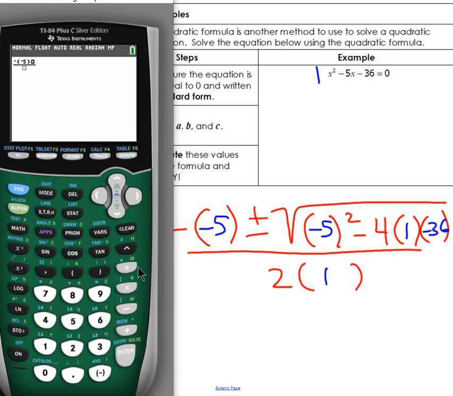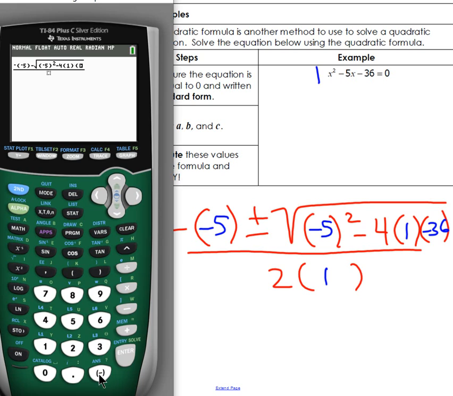And the answer is, you have to put both eventually. So start with whichever one you want, right? I'm going to start with the minus, but you could start with plus if you want to. And now I'm going to choose the square root sign here. And now I'm going to start typing parentheses, negative 5, parentheses, squared, minus 4, parentheses, 1, close parentheses,